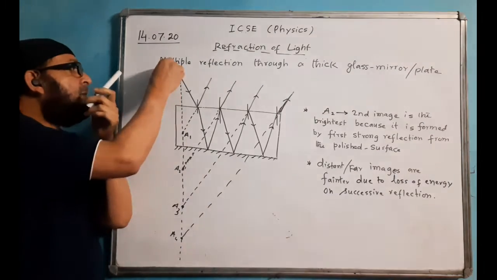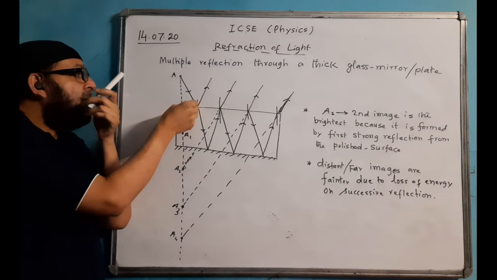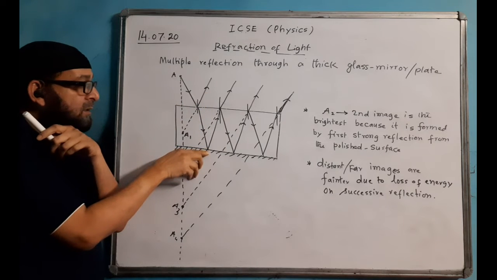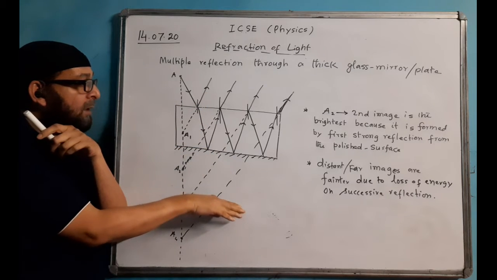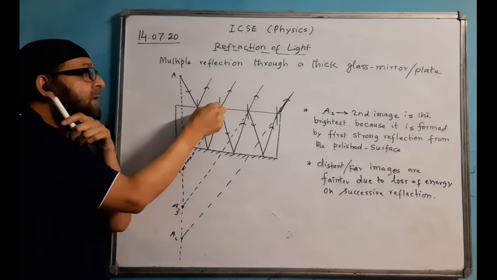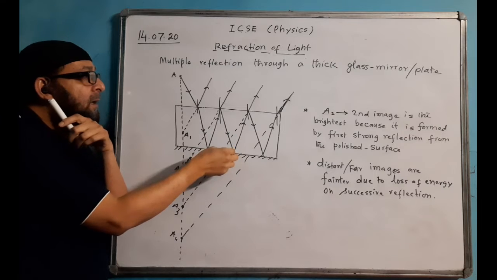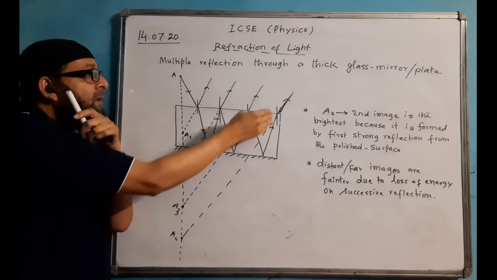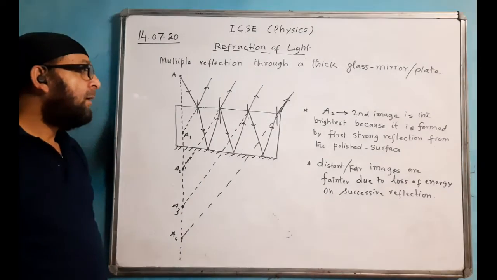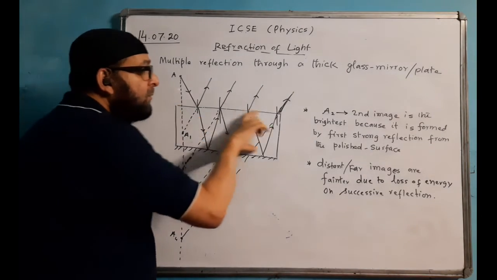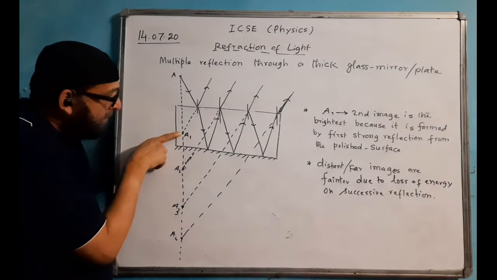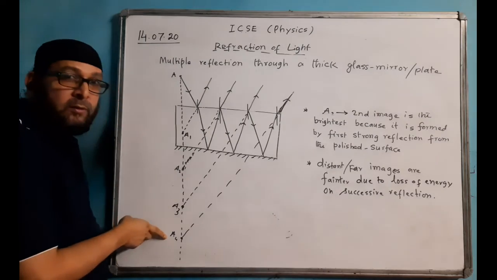As per the rule, the ray will be coming like this, air to glass it will be refracting, and it will be partially reflected by air. Since this is a polished surface, it will not allow the ray to come out into the air, rather the ray will be reflected now. Again, this is the refracted ray and this is the reflected ray. Again the ray will go, refracted ray, and so on. So we will have so many images formed, multiple images will form. That depends upon the size of this mirror. So in this case I have shown 4 images, A1, A2, A3, A4.